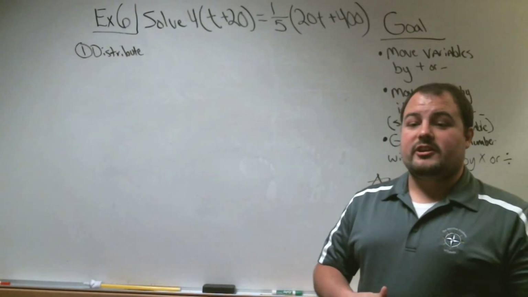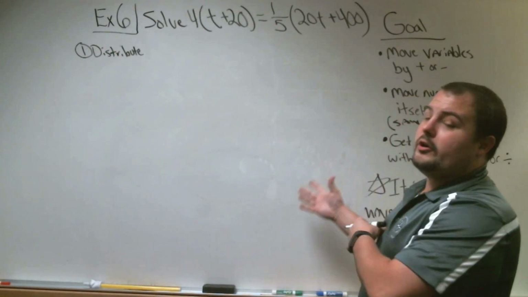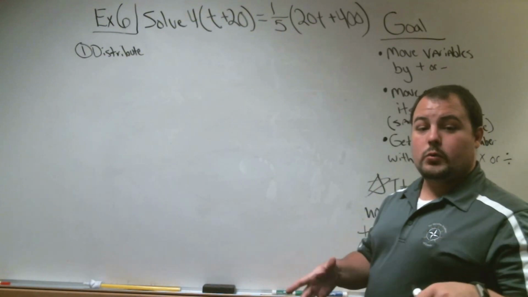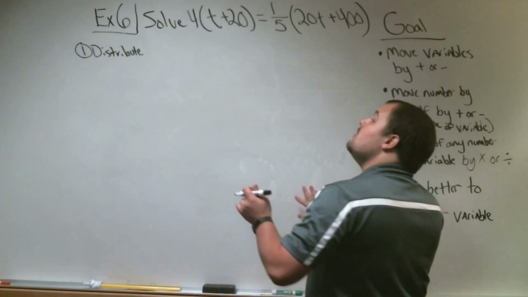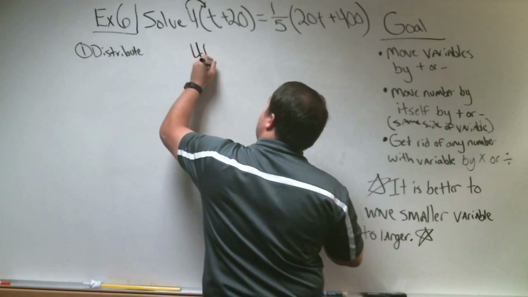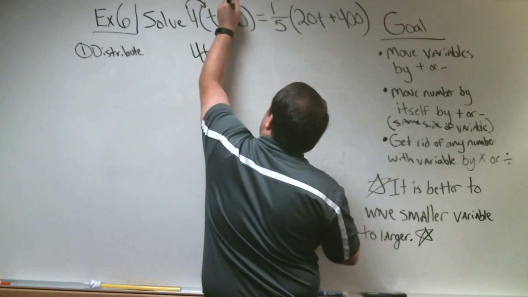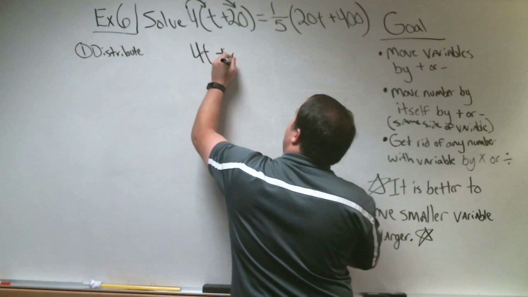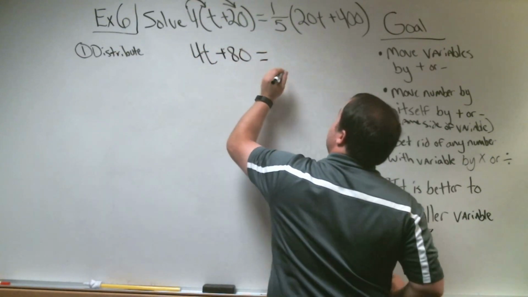Example 6, we're still looking at some special solutions. We're going to distribute this to get our equation of what we're actually solving. So first thing, we take 4 times t, that's 4t. We take 4 times 20, that's 80, equals